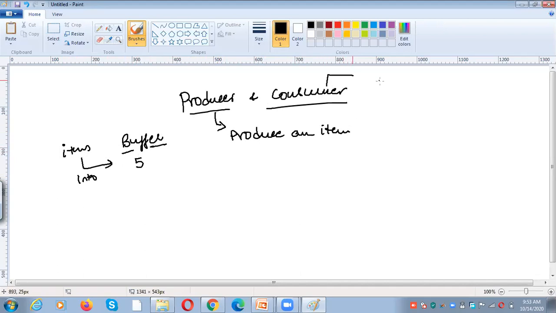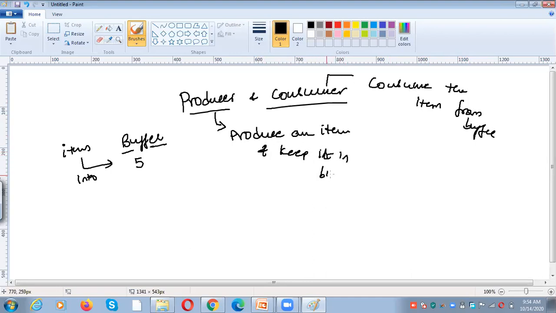What can the consumer do? The consumer can consume the item from the buffer. The producer produces an item and keeps it in the buffer.